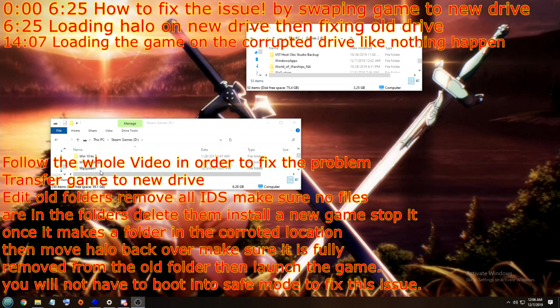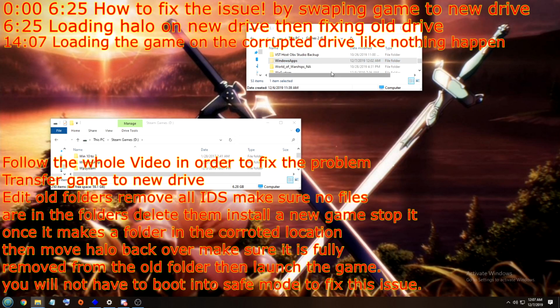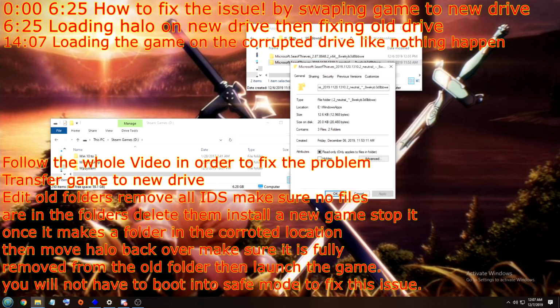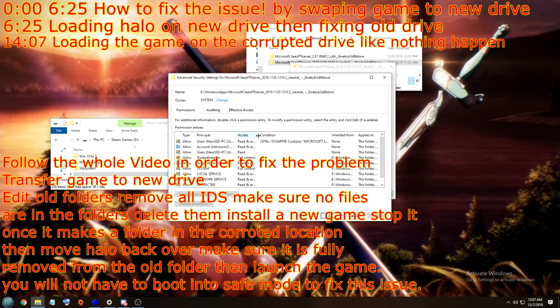In the last video, I showed you how to fix the Windows app folder if you didn't have administrative rights. It worked for a bit, but then it went back to what it used to do. The only game that I fixed for it is Sea of Thieves. Now, when I right-click Properties on Sea of Thieves, go into Security, go into Advanced, you can see that it